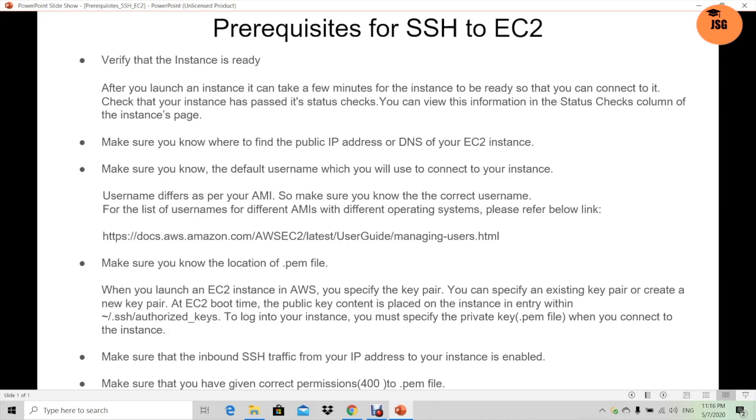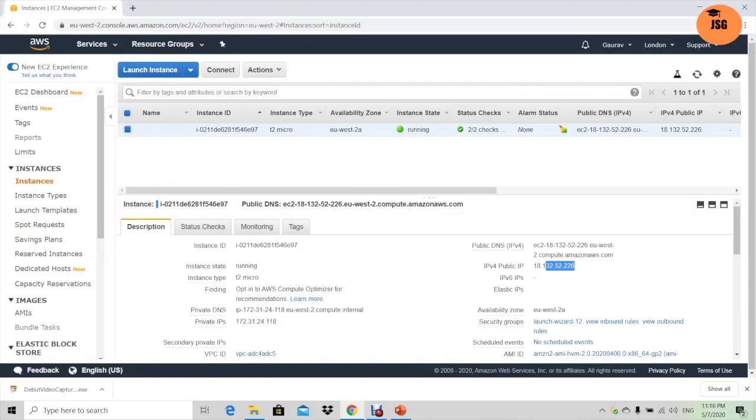The next one is to make sure you know the default username which you will use to connect to your instance. For different kinds of AMIs, there is a particular user which is allowed to connect using SSH. Here we are using an Amazon Linux AMI.